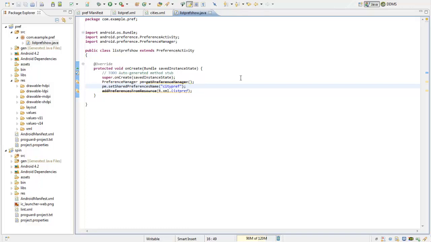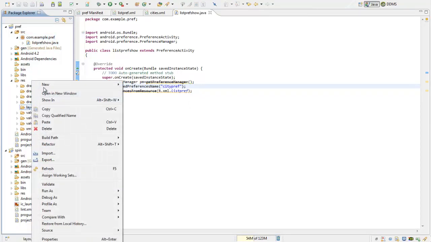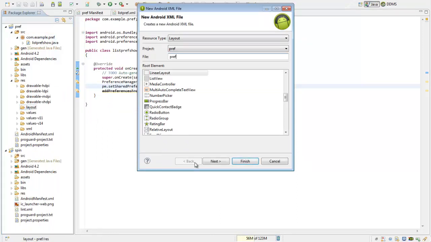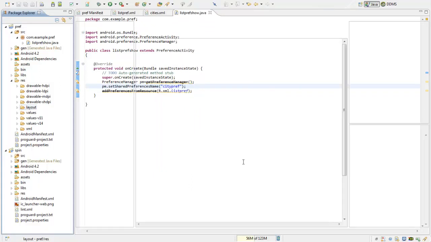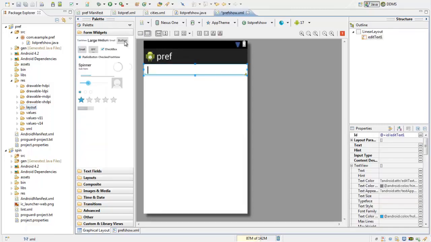Now we can create an activity where we can have a simple button. We can click on that button and show this activity. So I'll create another class and a layout. I'll say pref show, and I'll have a text field, and I'll have a button.